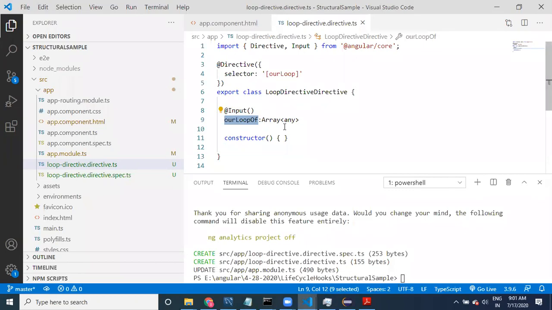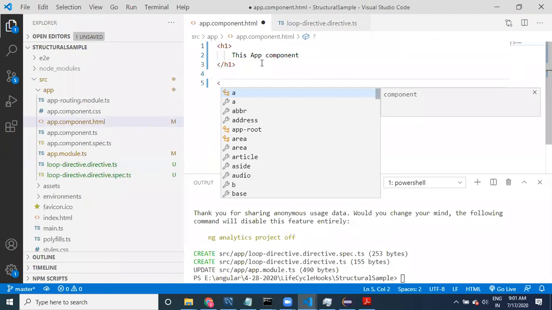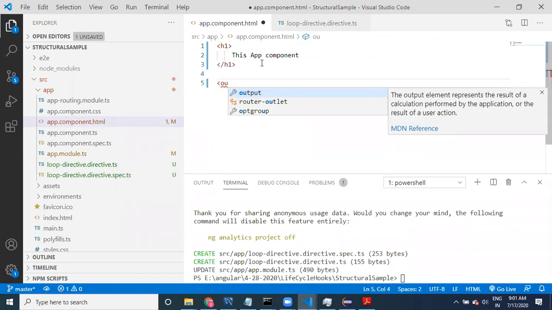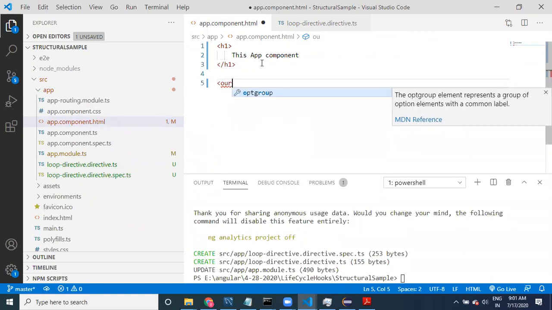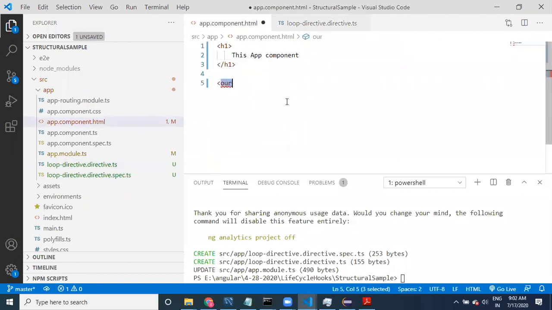But step by step I'm going to tell you that. I'm going to use it here in the HTML. How can I provide it? What is the directive now? Our loop, right? Take the our loop directive.